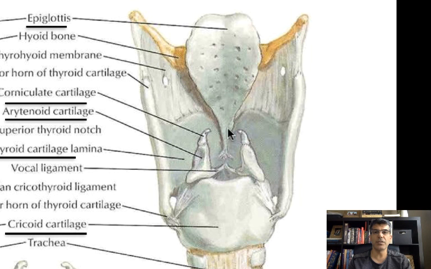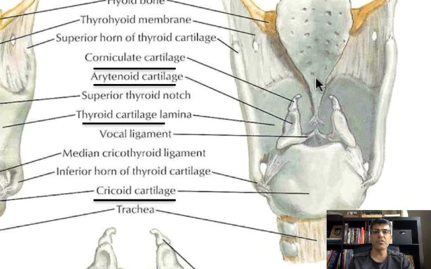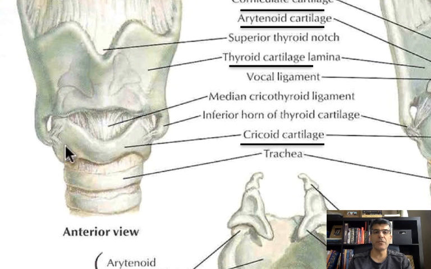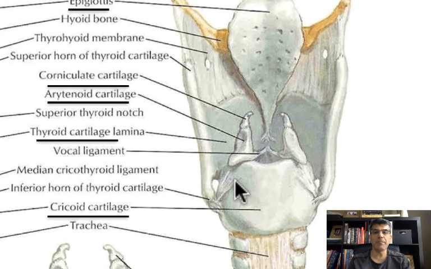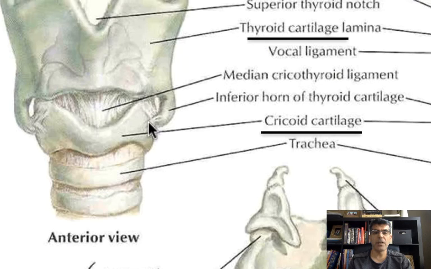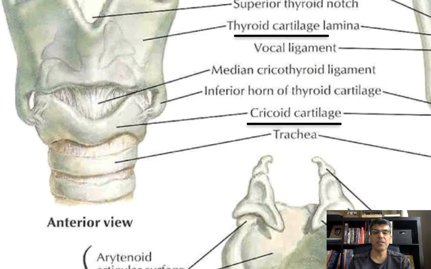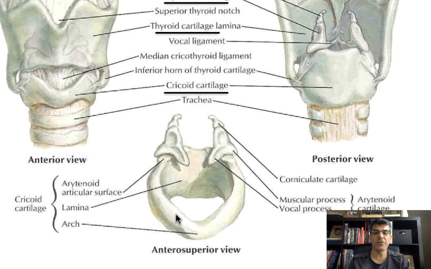It's a cartilage called epiglottis. Also realize that in the front view, cricoid cartilage is pretty thin, but the same cartilage in the back, as you can see, has a very wide wall. So cricoid cartilage in the back is big, in the front is small. This is your cricoid cartilage. Do you see in the front is thin, in the back is tall and large?